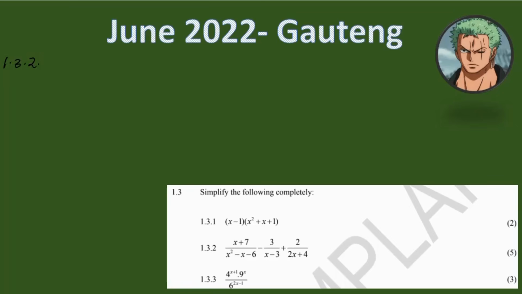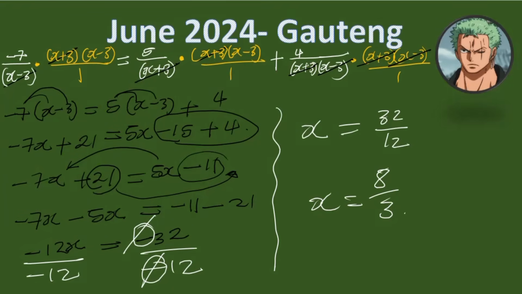1.3.2, it says, okay, we did something like this and it took us a lot of time and it's still going to. That's the funny part about it. I have x plus 7. Like, we did something like this. Let me see if it's not exactly the same thing. I think it was somewhere here. Yes, this question. It came from